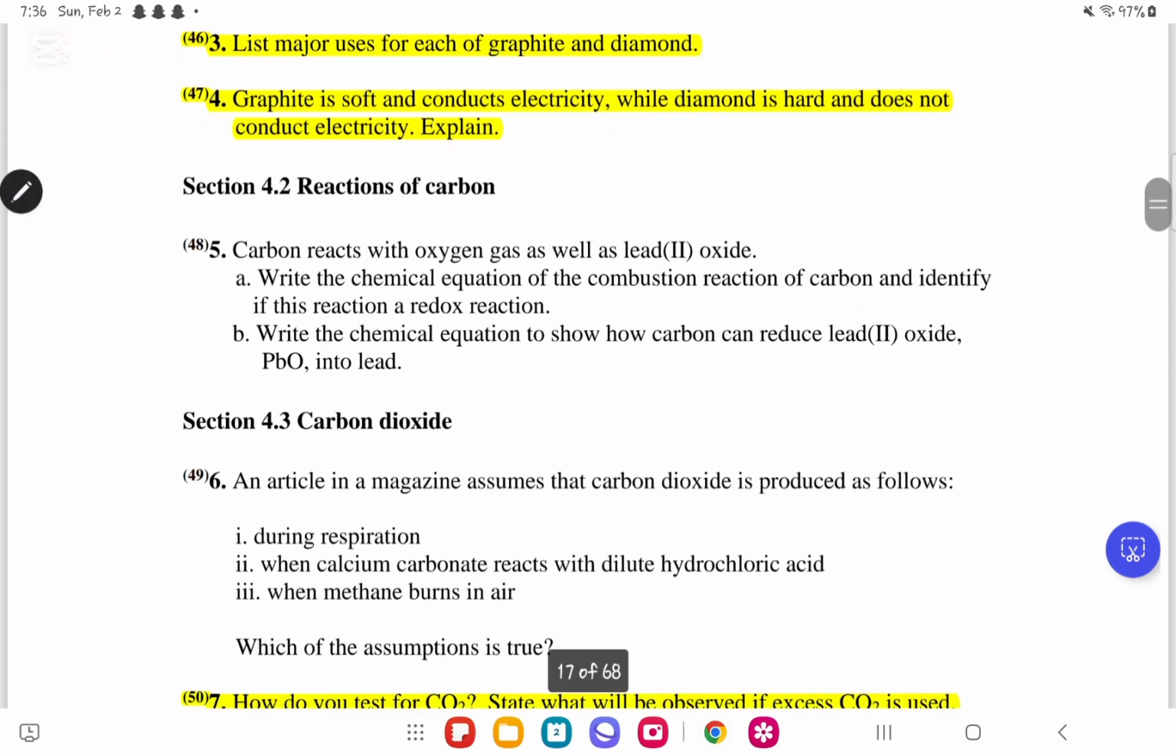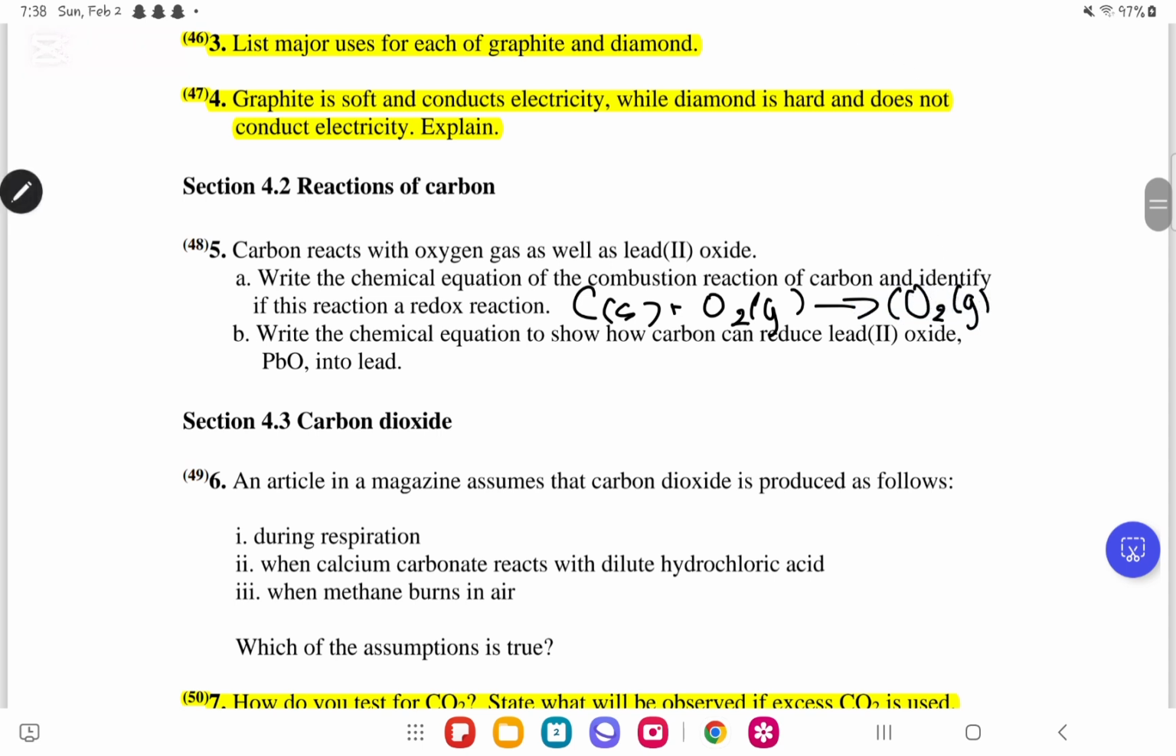Okay? Moving on to 4.2, they said the reactions of carbon. They need us to write the chemical equation of the combustion reaction of carbon and identify if it's a redox reaction. So the combustion reaction of carbon is C solid, okay, plus O2 gas, okay, will give us CO2